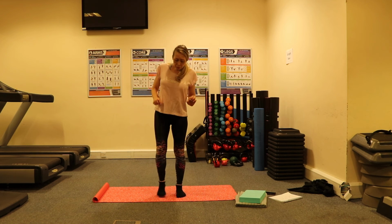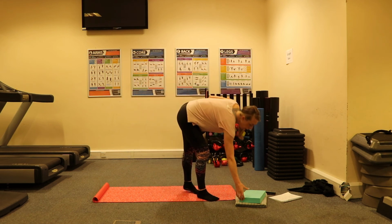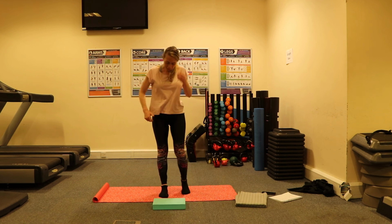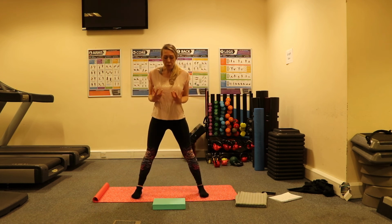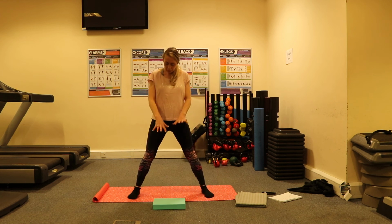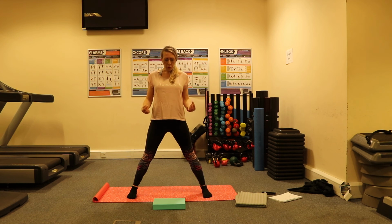So, and then I'm going to show you where we're going to come to next. So if you've got a block, or it wouldn't be yellow pages anymore, would it, that size? So maybe a book or a block or something like that. Then if you're more petite and your arms aren't as long, it might be useful here. And we're going to come into a forward fold, a wide forward fold, and we're going to work